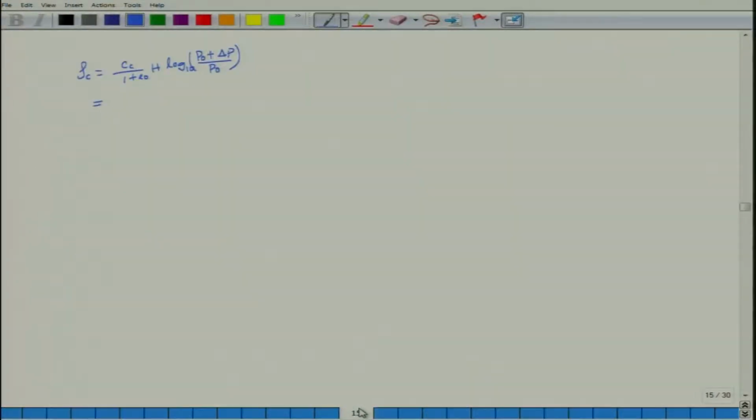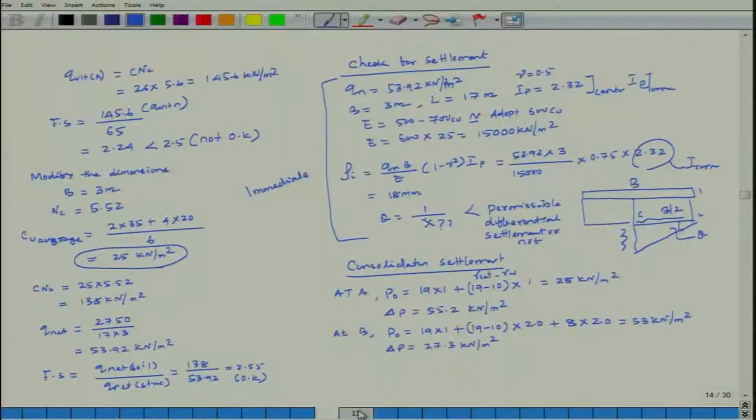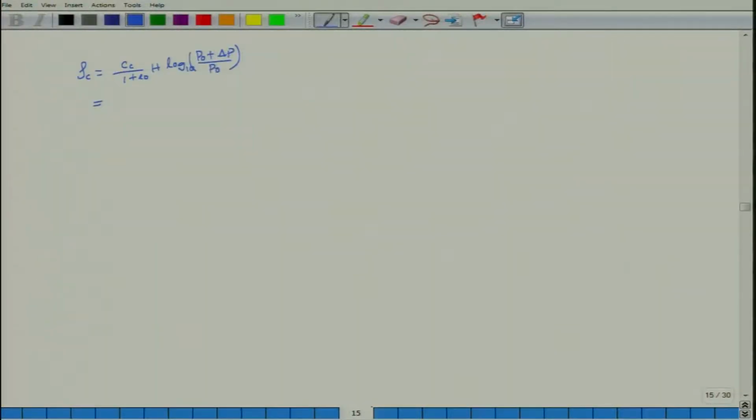So, layer 1 is 0.04, sorry, it is not 0.06, it is 0.04, I am changing, sorry, typo error. So, it will be 0.04, H is equal to 2,